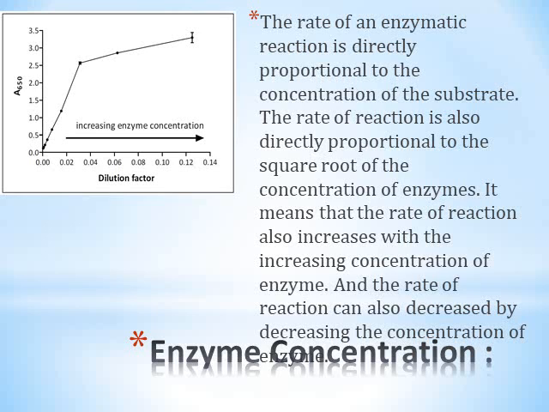So in this graph you can see product concentration and time with 2 times enzyme, and when the concentration of an enzyme increases, you can see an increase in the rate of reaction. When the concentration of enzyme decreases, the rate of reaction also decreases, and when enzymes are not present, the rate of reaction decreases.